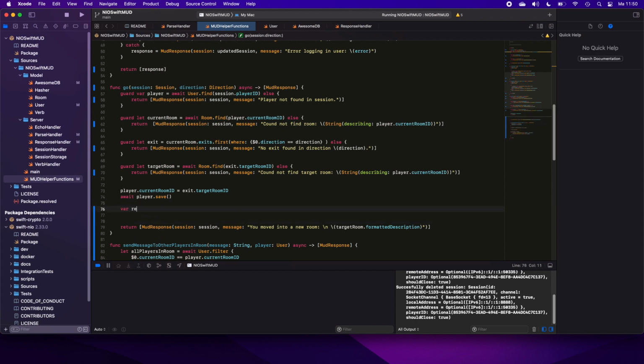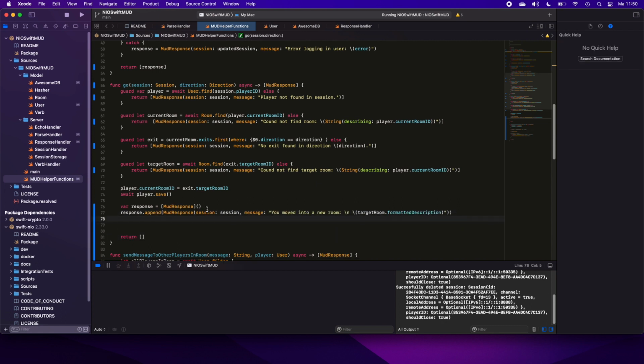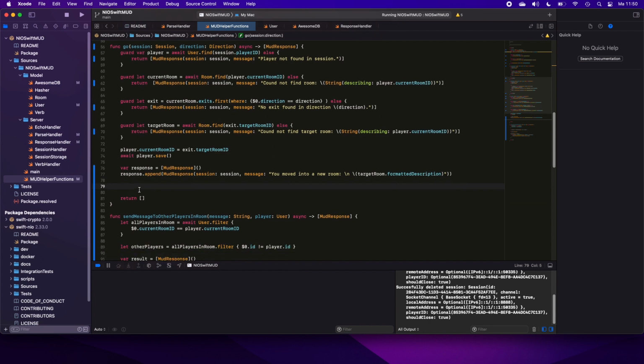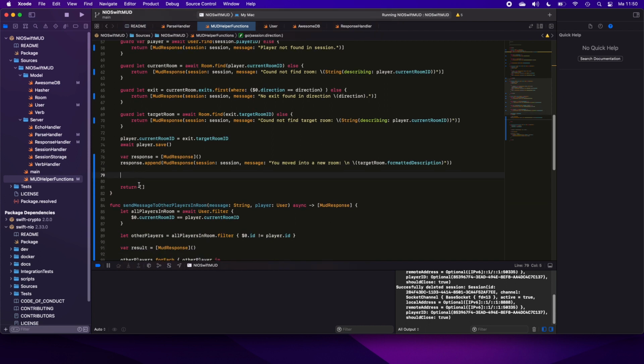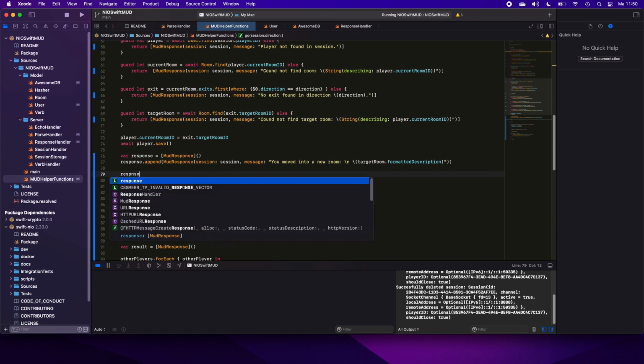let's create a response variable as well here. So we'll create an array for MUD response, and the first one will be this one. The first one will be for the player that's performing the action, and then we will send a message to the other players, to the players in the room. We need to think a bit. Let's see, after this time the player is already in the new room, so we should say something like response